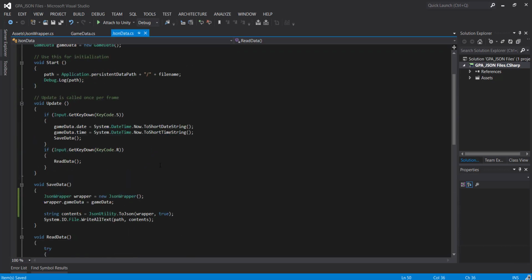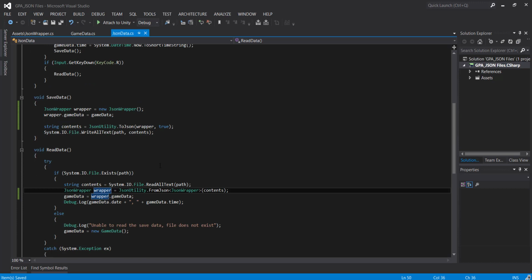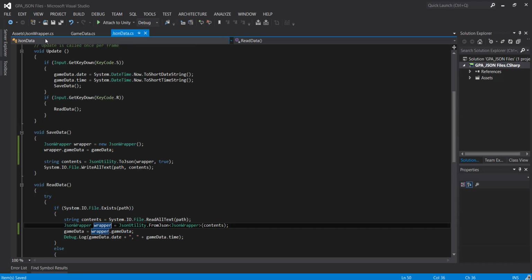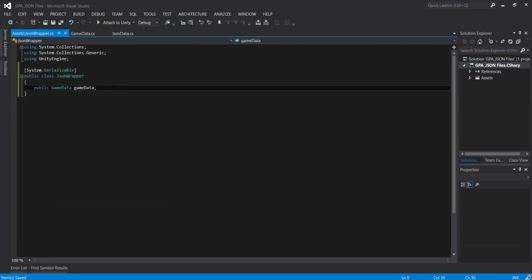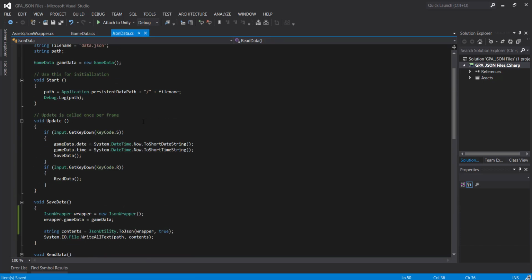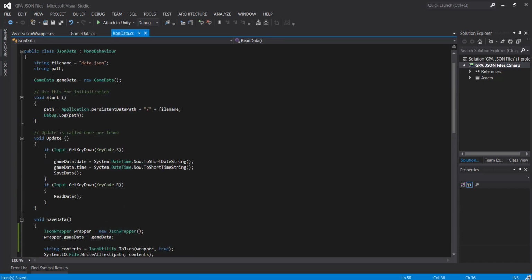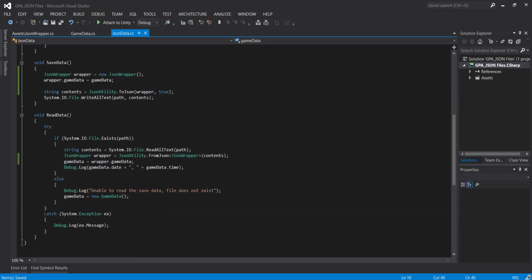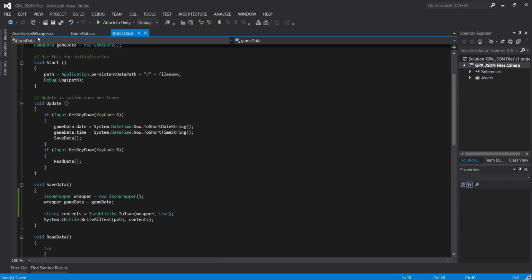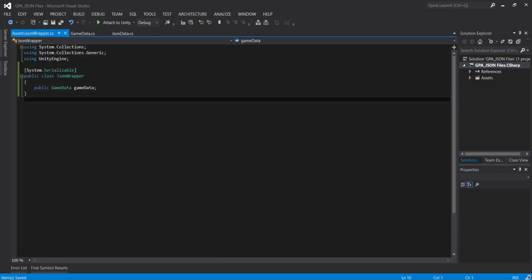Also, to simplify things, you may want to move your save data and your read data into the wrapper class, especially if you want to create a more generic version of game data. I'm going to possibly even move the path and the file name in there if you wanted to, so that the wrapper has a little bit more going on of encapsulation, where it has the functions that work along